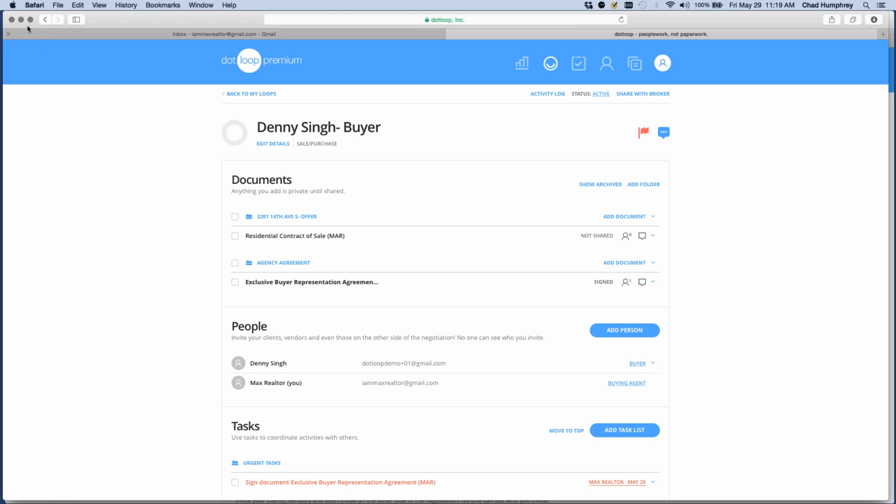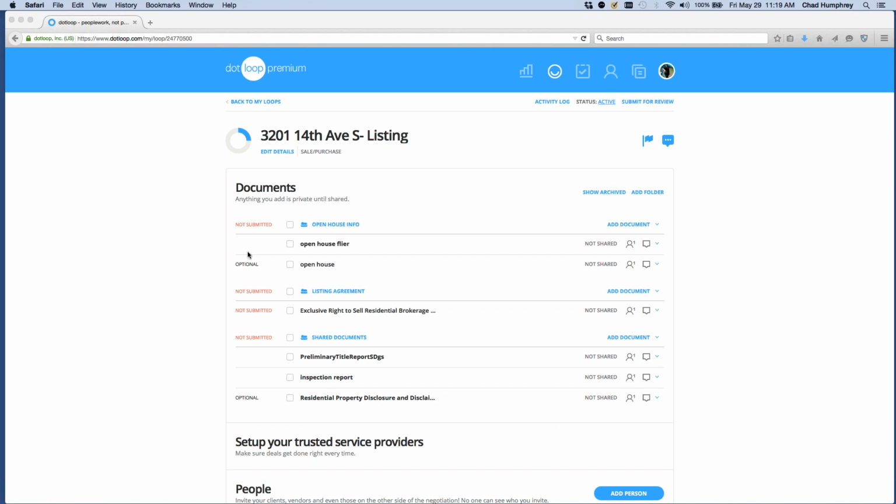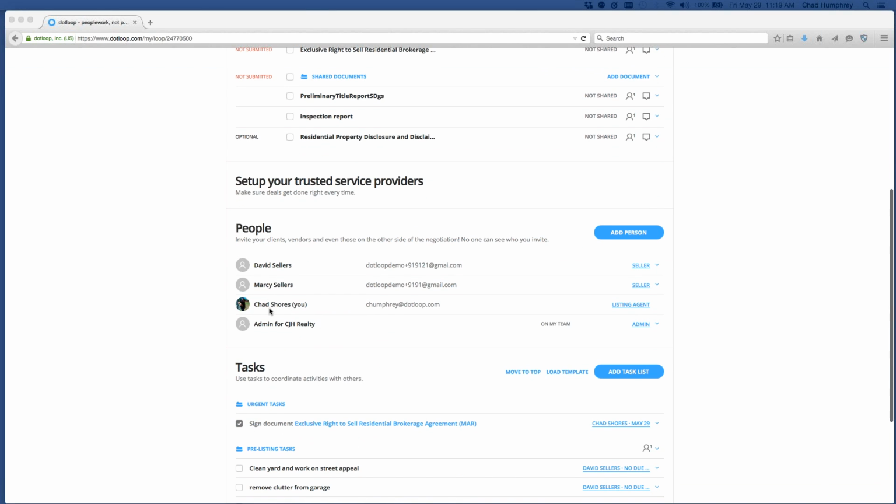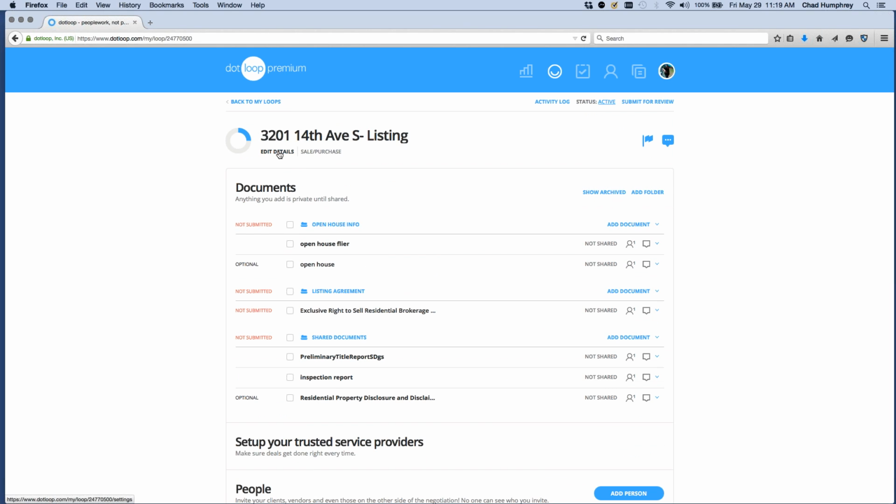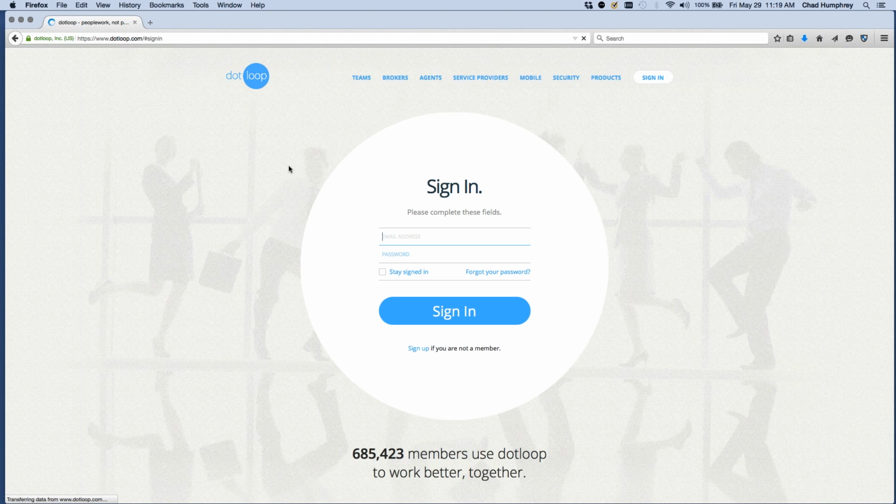Oh, one thing I do want to go back to here before we do this is inside your listing. When you take a listing inside DotLoop, you can make that listing searchable to anybody else that's using a DotLoop account. And there's a few things that you need to do that. So one is you need to go in and obviously create the loop. You need to make yourself the listing agent. So you want to make sure that you're listed as the listing agent. And then when you go into the edit detail sections, you want to make sure that,